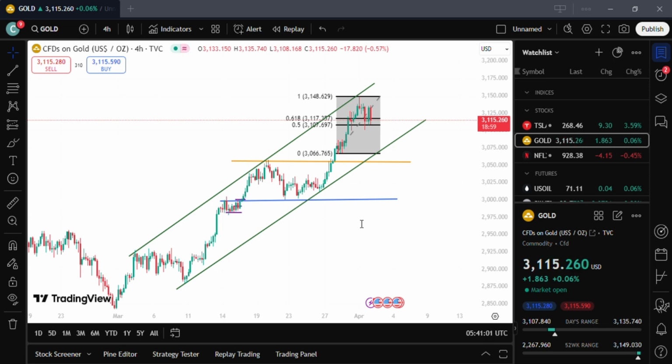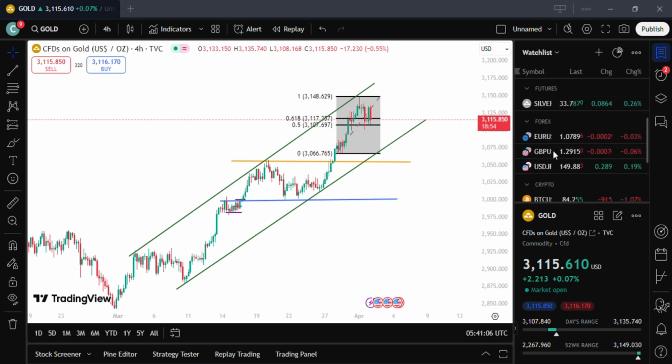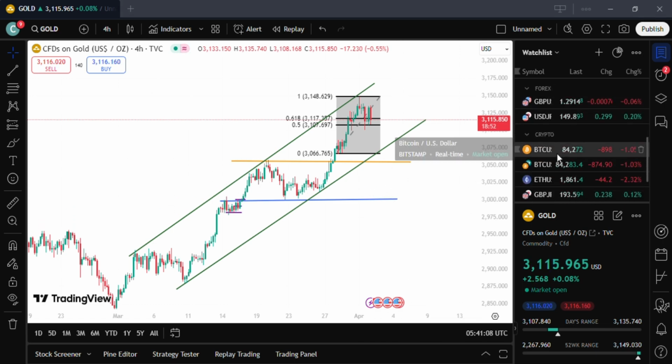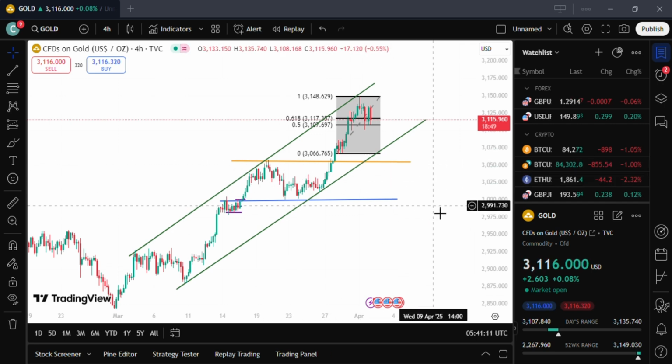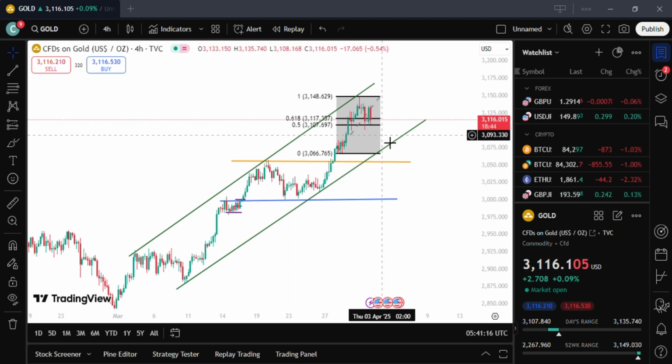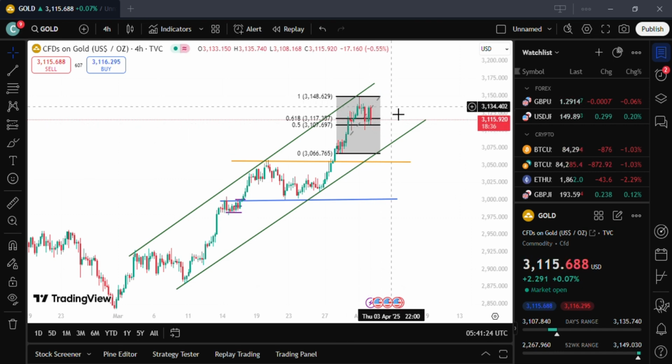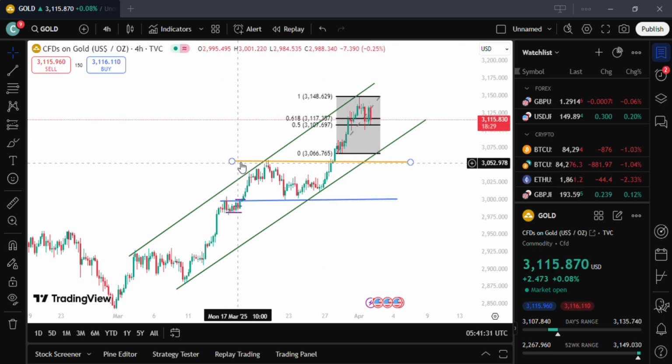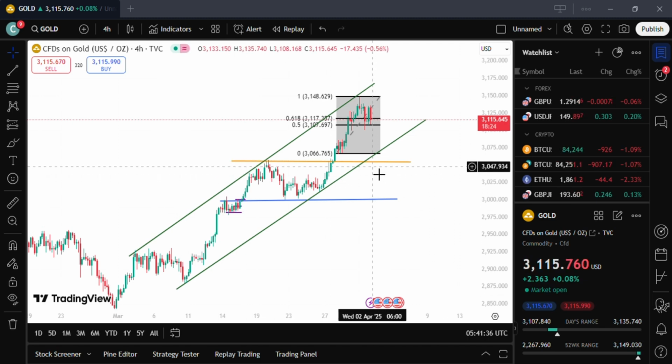Some of the effective strategies that you could use, we could look, for example, let's start with gold. We can see that gold has been moving high, and I've put the Fibonacci here so that you can see when price pulls back here, it definitely will go back to the all-time high. And these regions that I've marked, for example here, this is when there was a break of structure.